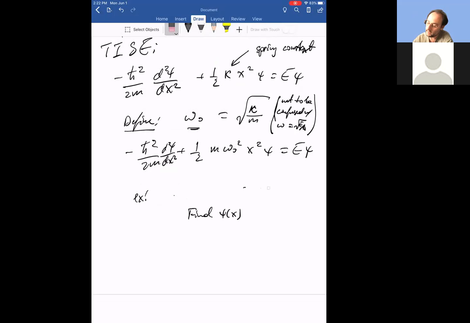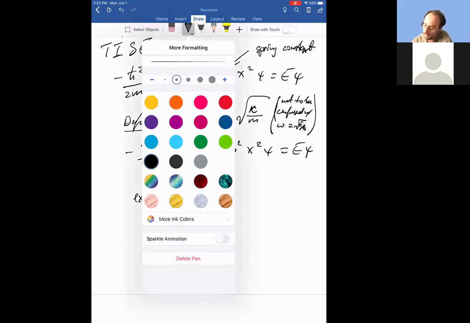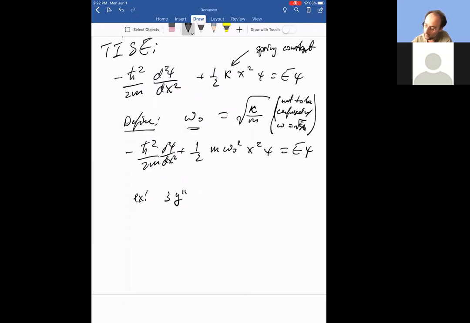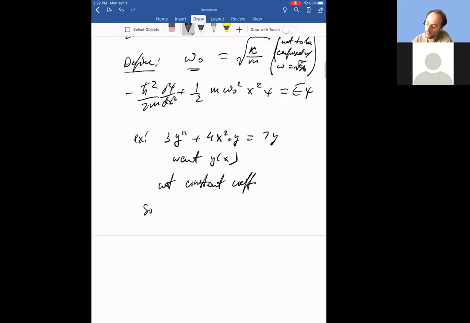So this equation has this form: 3y double prime plus 4x squared times y equals 7y, and I want y of x. This is not an ordinary differential equation with constant coefficients, right? So, not constant coefficients. So the general solution is not a sum of